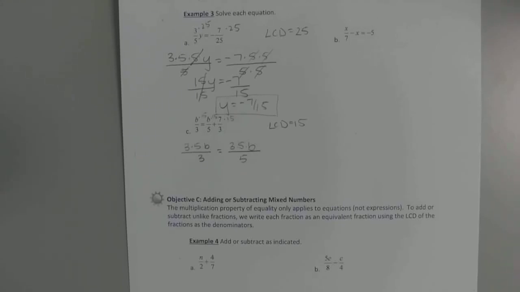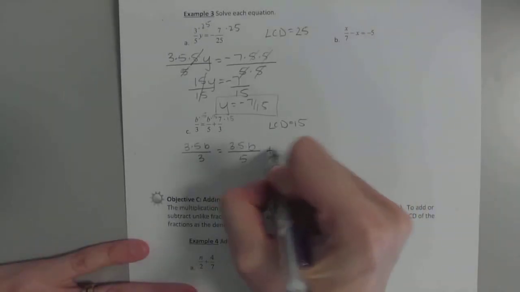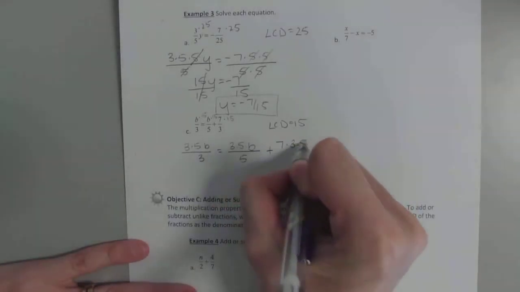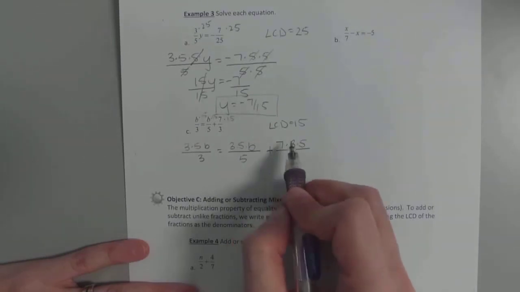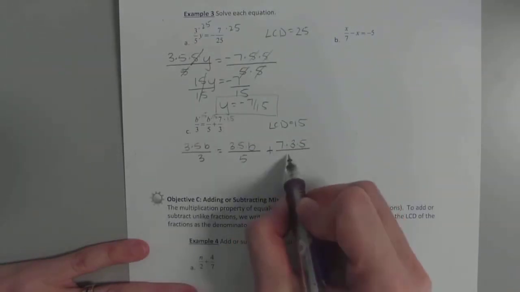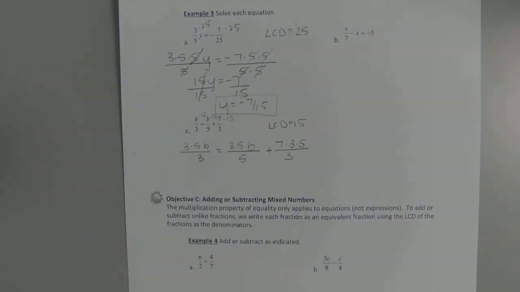All right, over here, it's going to be the same idea. 3 times 5b over 5. Again, it's my 15b. Do you see that? And the reason why I'm doing that, because you guys could do 15b. That's easy, and know that 3 goes into 15, 5 goes into 15. But who knows 7 times 15 off the bat, and how many times 3 goes into it? So it's easier to keep it all broken up. So this will be 7 times 3 times 5. Is that okay? 7 times my 15,